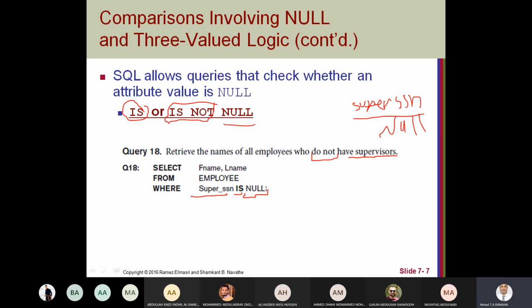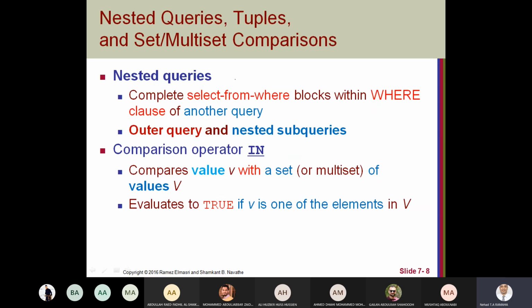So it's like this: select or retrieve employee name from employee where the supervisor SSN is null. This means where there's a null value for the supervisor attribute, the supervisor number attribute. Okay.